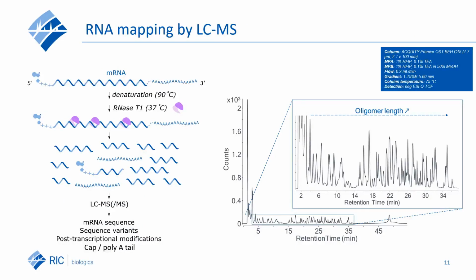After having discussed the poly-A tail and capping analysis, I would like to introduce you to mRNA sequencing via LC-MS, also referred to as RNA mapping. Again, sample preparation involves the digestion of the mRNA by ribonucleases, such as, for example, here RNase T1. Analysis of this mixture on LC-MS gives a complex profile. The idea is now to identify these peaks to certain sequences present in the mRNA.